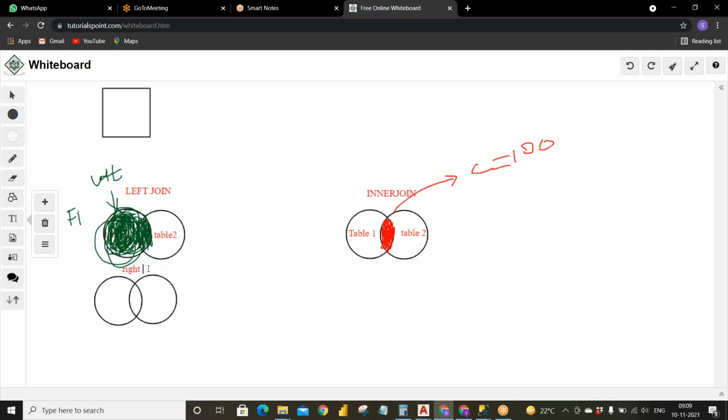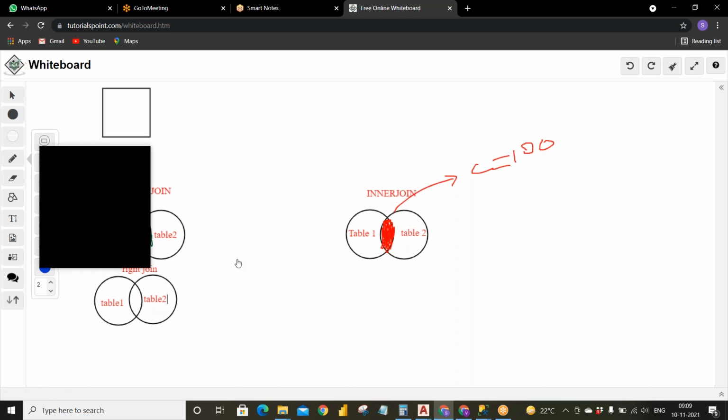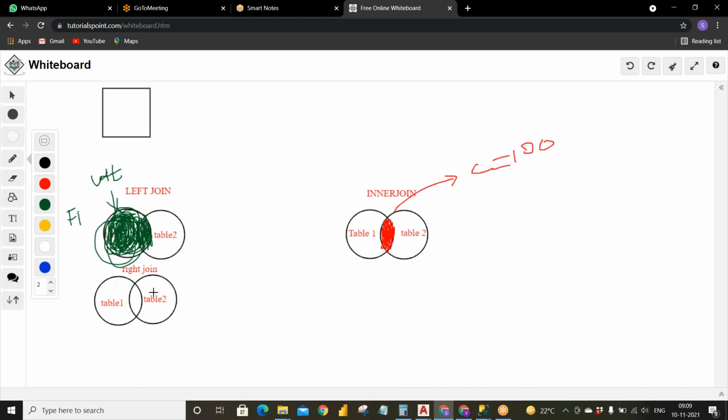And right join means, in a similar way, it will get all the data from table 2 as well as the matching records with table 1.